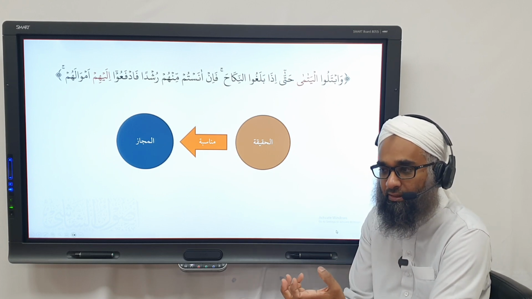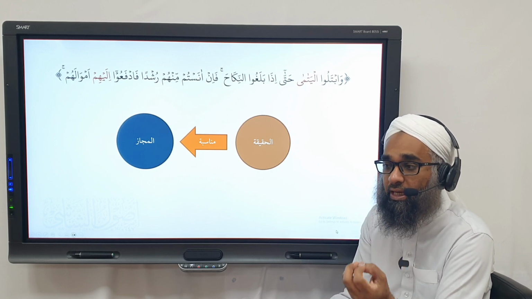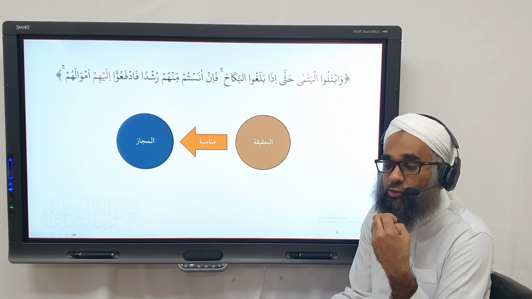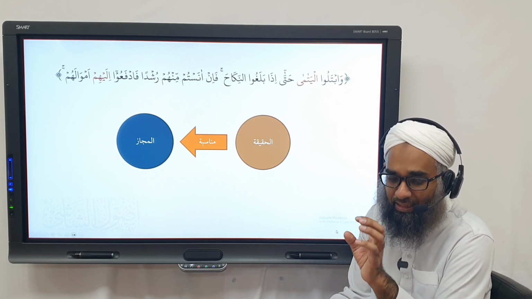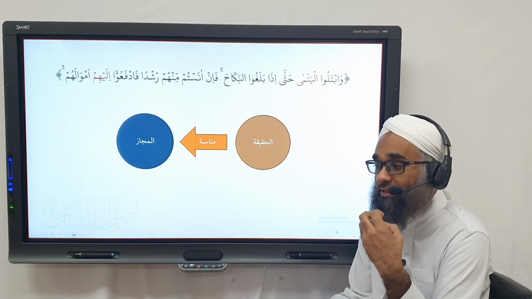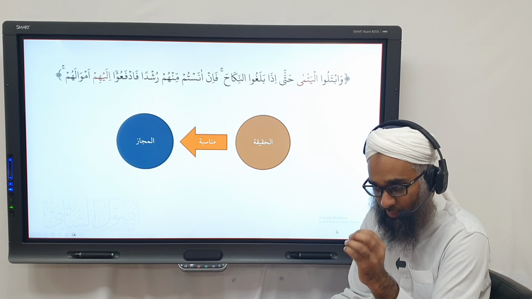So what it's referring to is that the orphans, if their father passed away, then the money and their assets lie in possession of the wali. When they reach the age of maturity, then test them. Hatta idha balaghun nikah, they have reached the age of nikah, meaning they're mature and baligh. If you can understand, and you have sense that they are now able to understand what money is about, how to spend, how to earn, how to give, not that they want to make loss in that money,